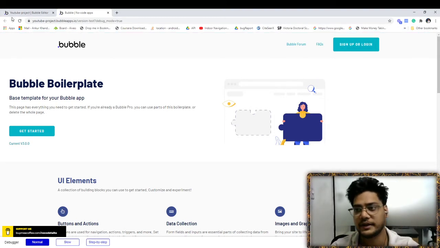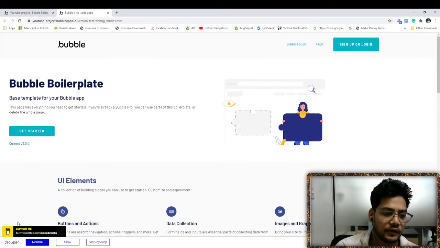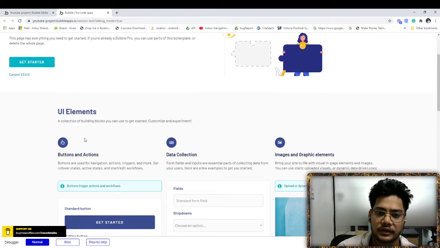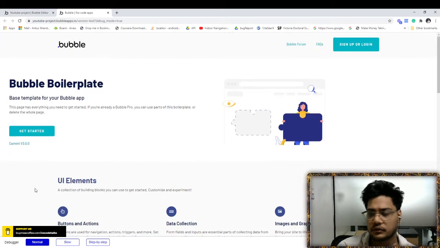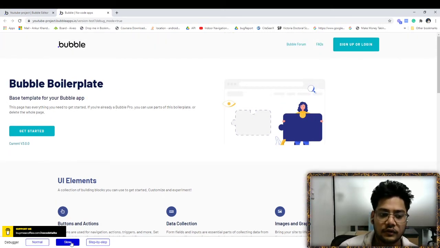Before going deep dive into the debugger, let's understand these three types of the debugger. First one is normal. It is just the usual flow. Second is slow. What does slow do?